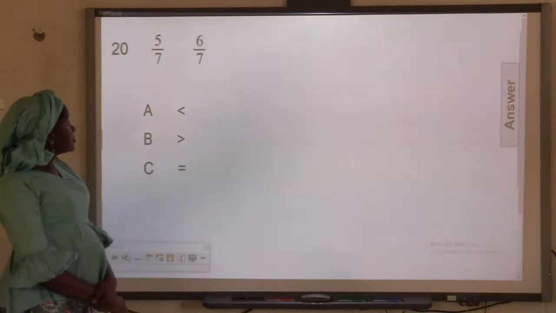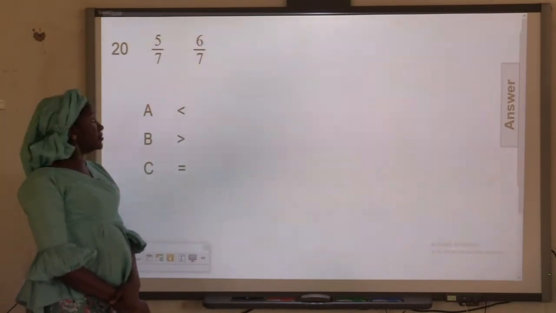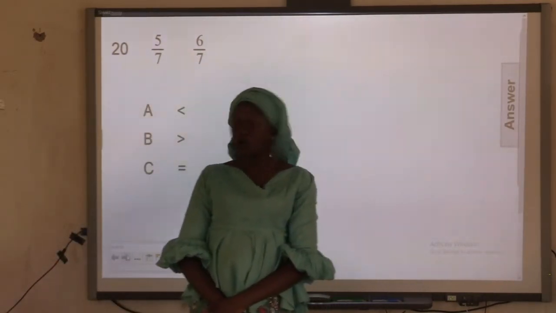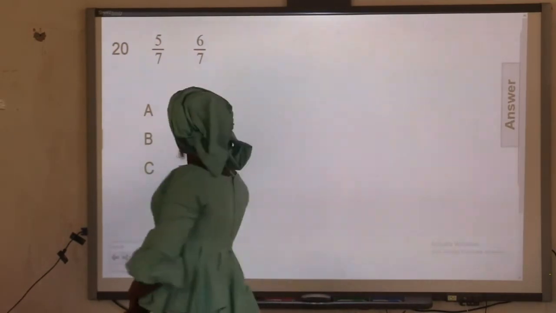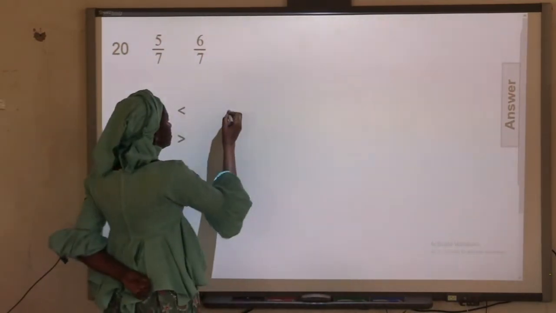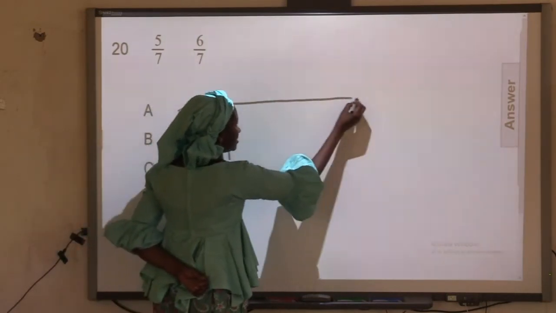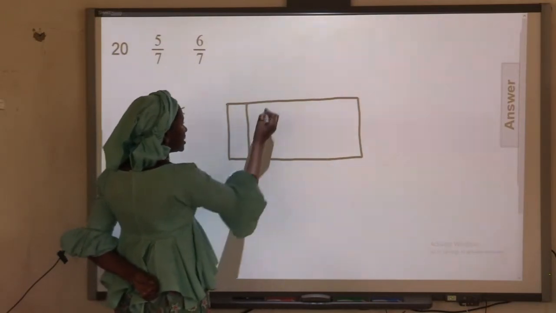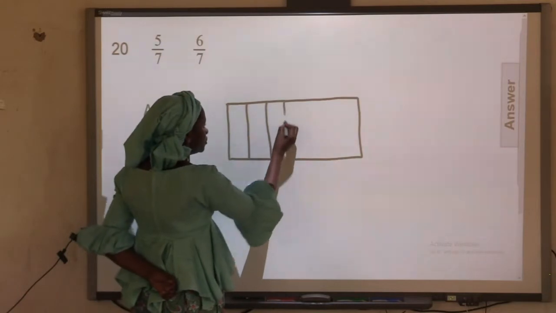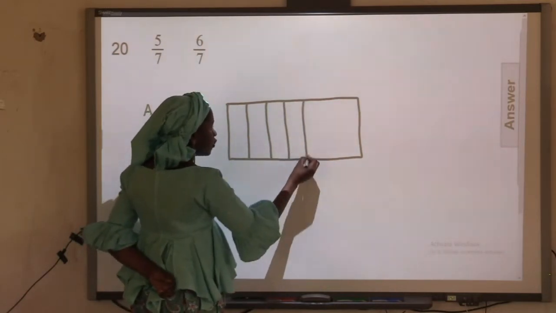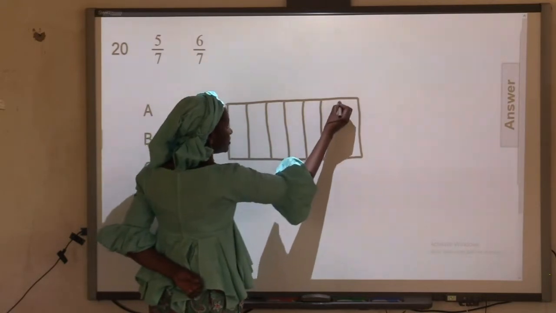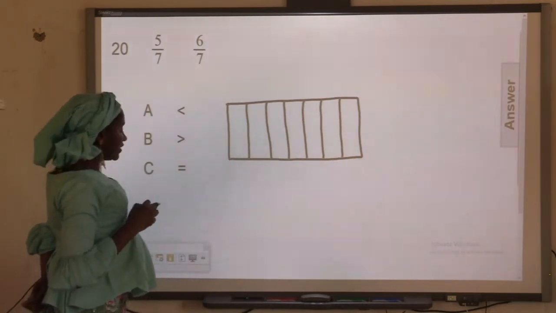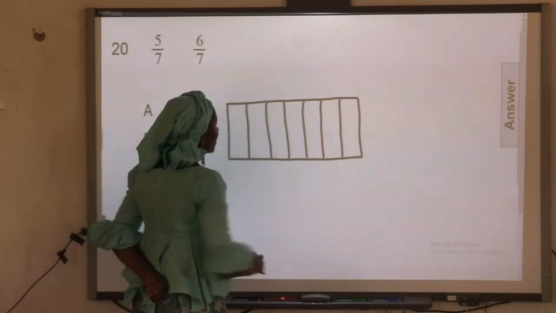Five sevenths and 6/7. Which one is greater and which one is less, or are they equal? Now let's use the chart. We are going to divide the chart into 7 equal parts: 1, 2, 3, 4, 5, 6, and 7. 5/7 will be